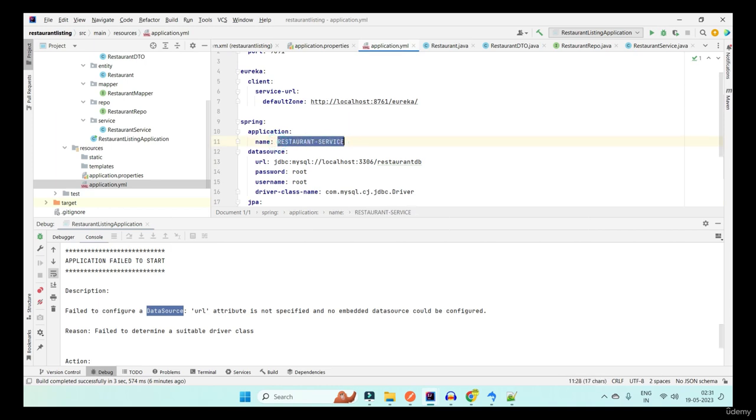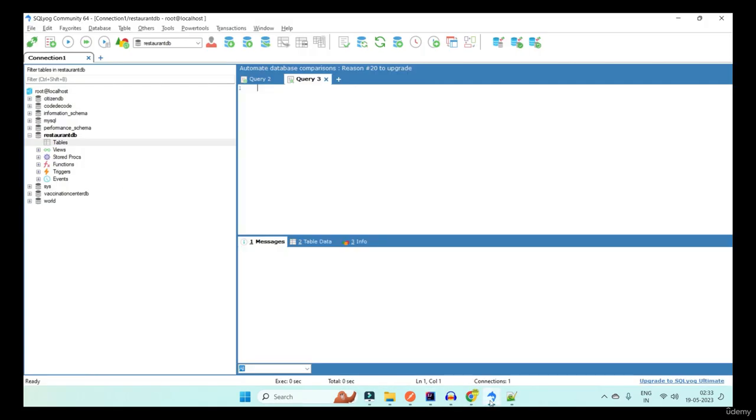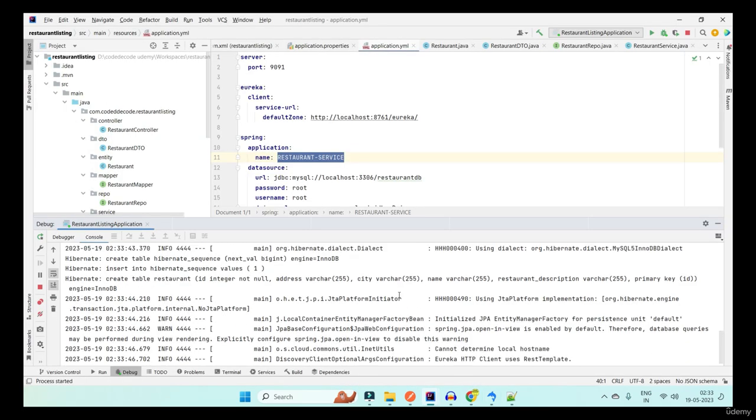Once everything is configured, we also have given a name to our application. This name will be responsible for registering to the Eureka server. So when I run this application with the Eureka server on, I should be able to see this application registered in the Eureka dashboard. So let's start the application and see if we are able to run this or not. Also simultaneously we'll run the Eureka server. Remember one thing, in my SQLyog, I have the restaurant DB available. If you do not have restaurant DB in the database, add it, otherwise you will get an error that no restaurant DB is present. Let's wait for our application to start.